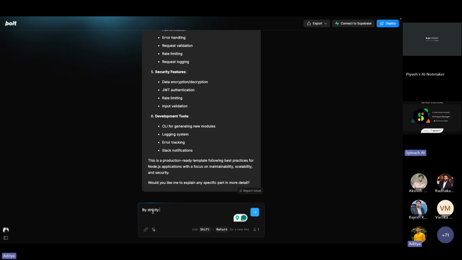ये मैं बार बार इसलिए लिख रहा हूँ कि स्ट्रिक्टली फॉलो करना है, क्योंकि अगर ये नहीं लिखूंगा तो ये रैंडम फाइल को इंपोर्ट करके और कुछ भी कोड कहीं पे भी लिखने लगता है स्टार्ट। तो मैं बोल रहा हूँ स्ट्रिक्टली फॉलो दी डायरेक्टरी स्ट्रक्चर, और क्रिएट दी मॉड्यूल and integrate the ChatGPT APIs, which will help users to learn formal office flirting। तो देखते हैं एक बार बना कर देता है कि नहीं।